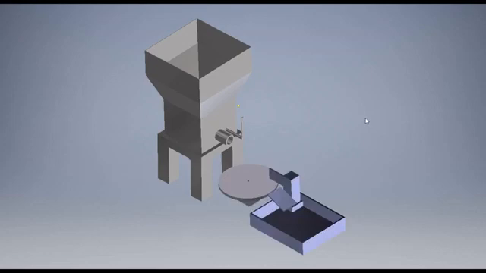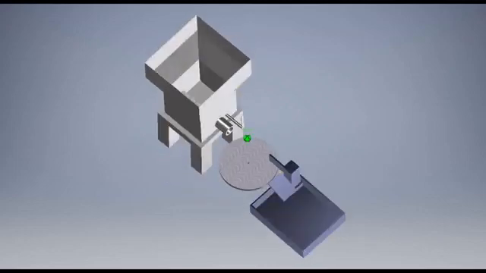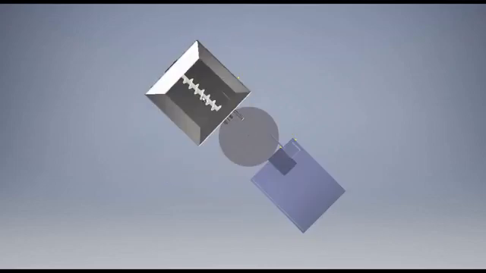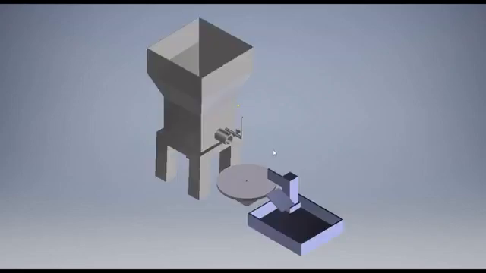So how this model works is, when you put the dough inside the hopper, the DC motor will rotate the helical screw, and the helical screw will compress the dough and push it through the cylindrical pipe outlet. As the dough comes out of the cylindrical pipe outlet, it will be cut by a blade which will be rotating, into small cylindrical strips.